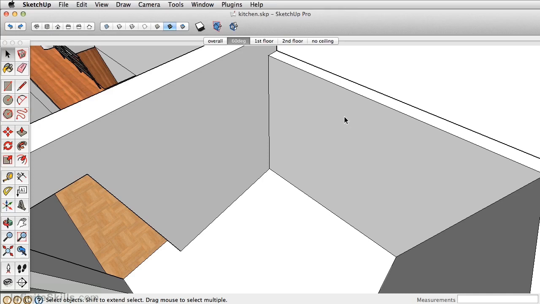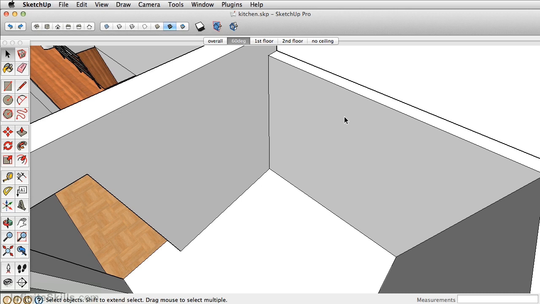In this chapter, we're going to focus on creating the kitchen. We'll start with creating the base cabinets, then we'll create the wall cabinets, then add the cabinet doors. We'll do the countertop, apply some materials, and then lastly, we'll add some real products using a database in SketchUp